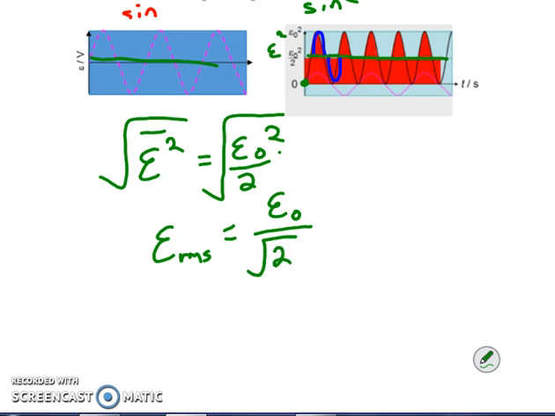Okay? Where this is the peak. So if I want to, let's think about this. In the numbers we have there, this is 120. This is what we rate US outlets. We saw from the graph that that's 170. And if we look at 170 divided by